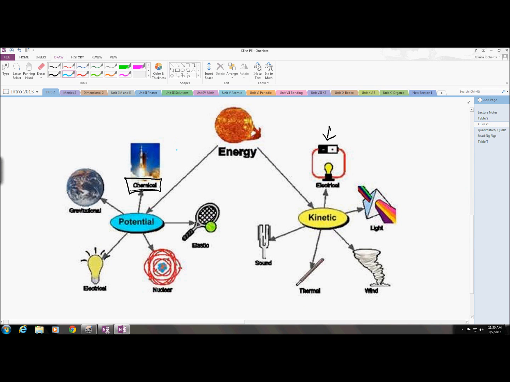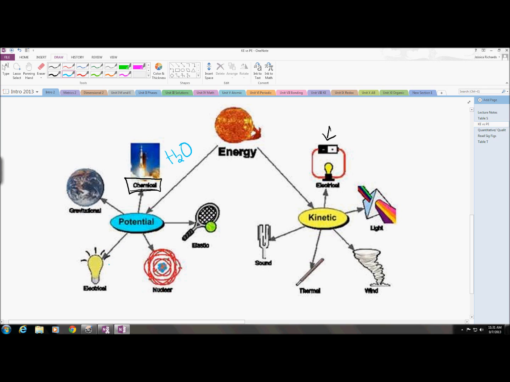Here in chemistry, we're going to look at some of the smaller ones. So gravitational and elastic potential energy, pretty much physics. We're going to talk about those things in physics. In chemistry, we're going to store potential energy within the compound itself, so they call that chemical potential energy. The forces holding two atoms together to make a molecule. So in water, the force that holds the two hydrogens to the one oxygen, that's going to be your chemical